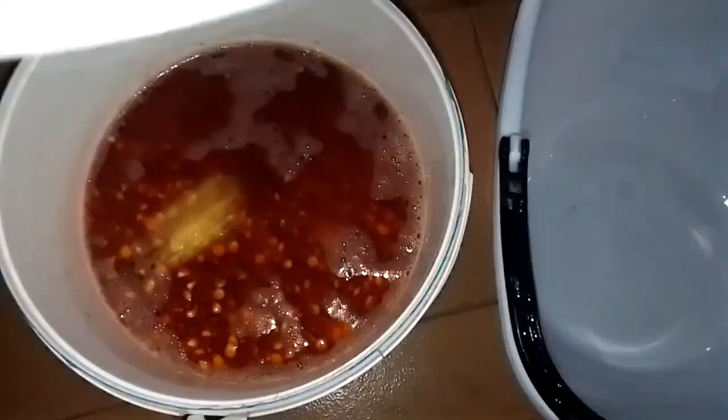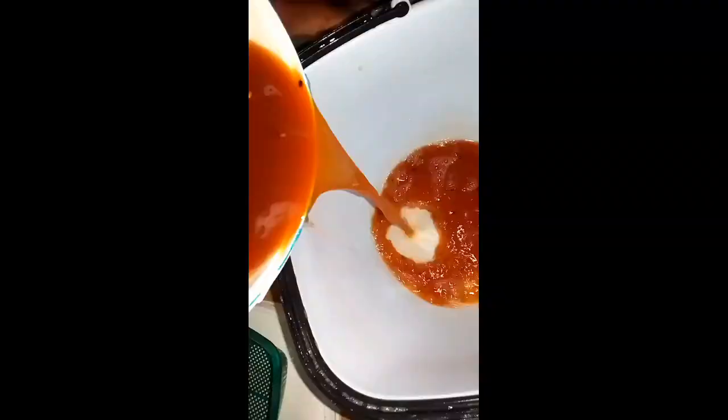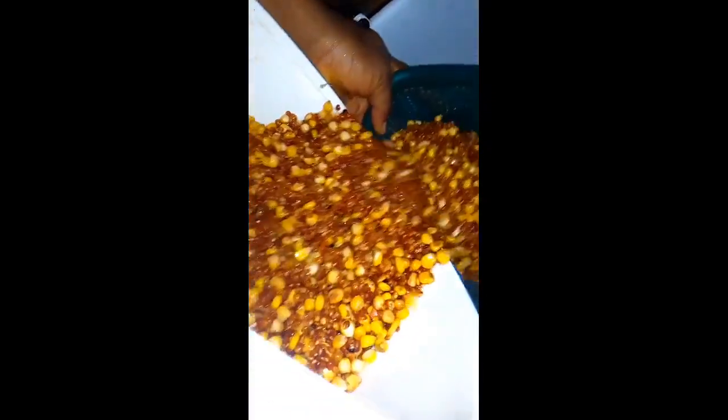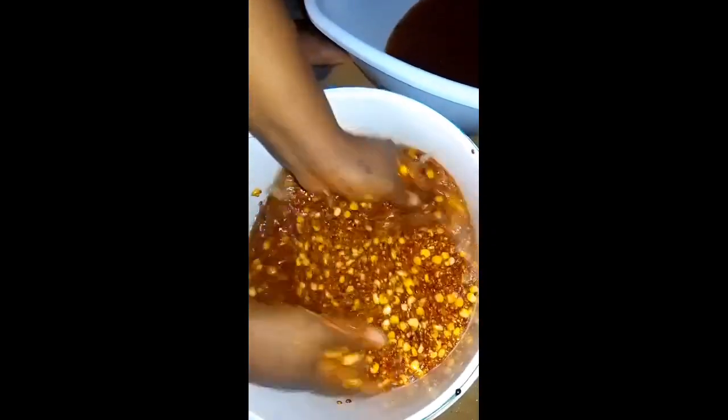Now, watch. This is the next day. It has stayed overnight, so here I'm going to be washing it thoroughly 2 times. I will wash it, sieve out all the dirty water, remove any stone in the bottom. By the time I'm done washing it for today, I will soak it again the same way I soaked it the other day, and I will leave it again for another 24 hours